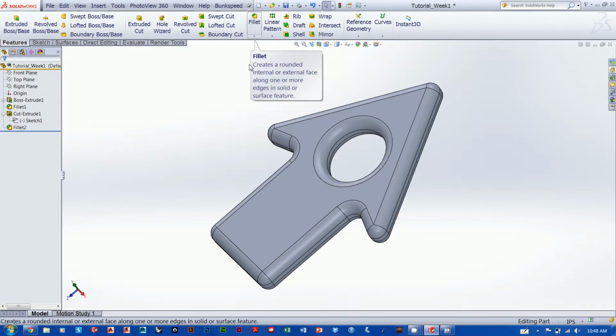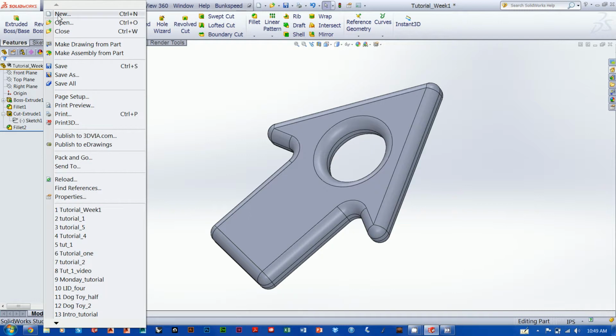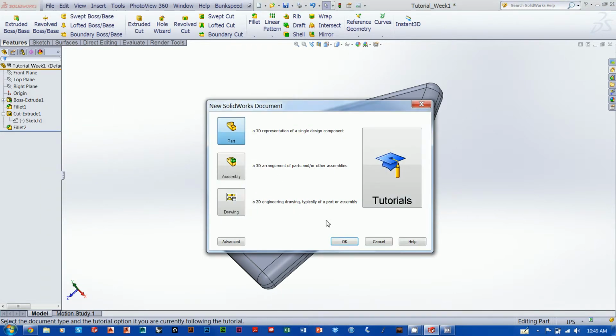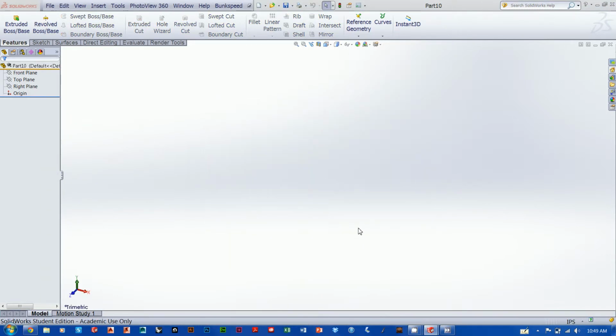And so in this tutorial I want to talk more about the fillet tool and just really close out that conversation. Because a lot of the tools that are up here in your command manager are a lot more robust than you may think, and the fillet tool is one of them. So I'm going to start with a new file and create a brand new file from scratch to talk about